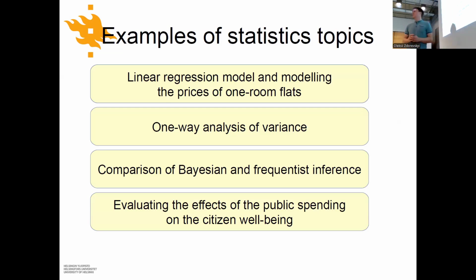Yeah, and I think that's what I wanted to say. Are there any questions? So maybe about enough statistics: what is enough statistics is not rigorously defined, but if you think that you will possibly continue to study statistics, you probably know.